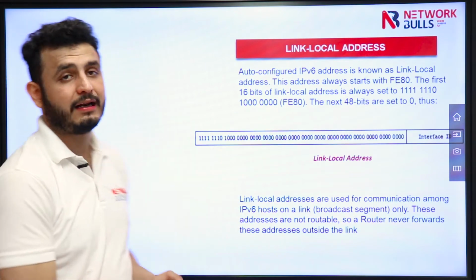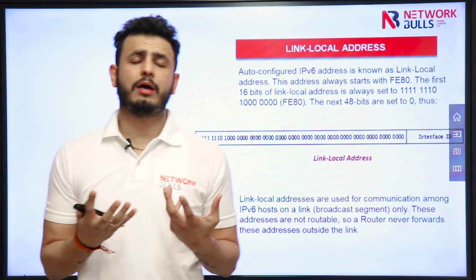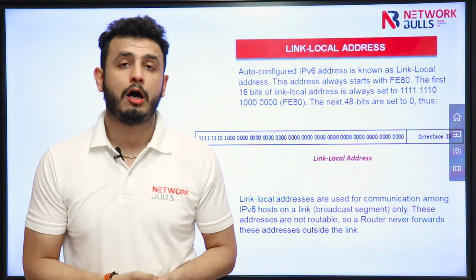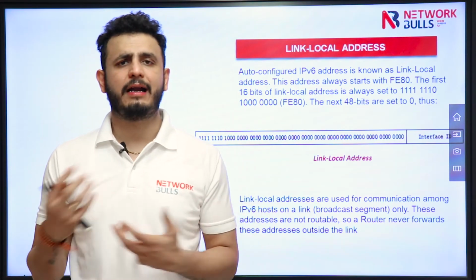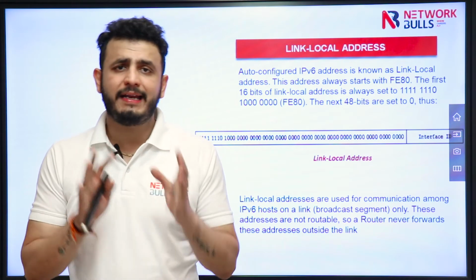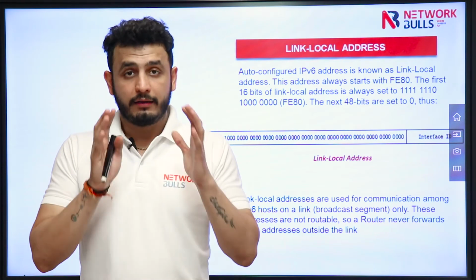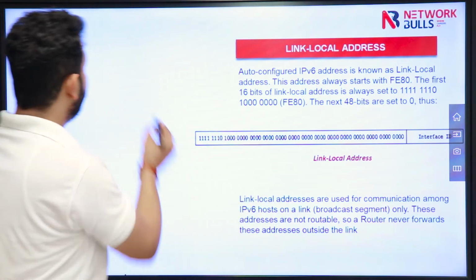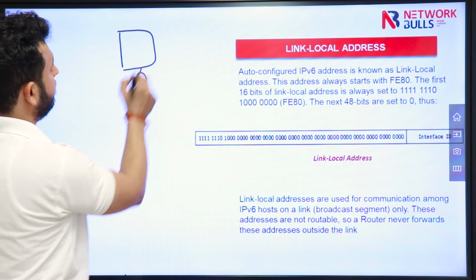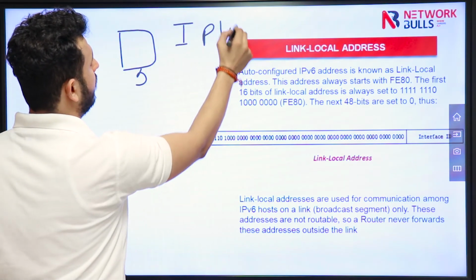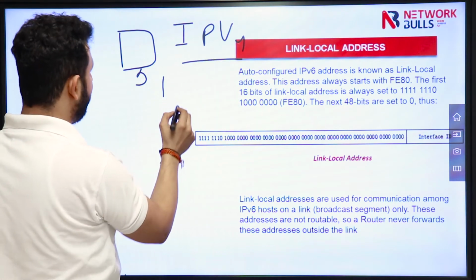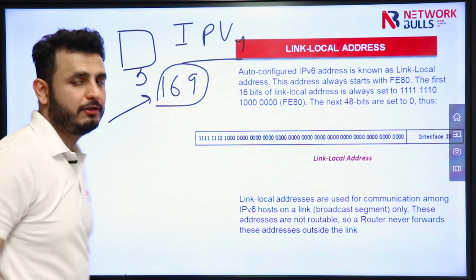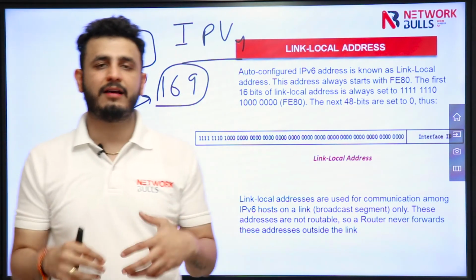The second type of addresses are link local addresses. Now what are link local addresses? If you remember, in case of IPv4, we have the concept of APIPA, automatic private IP addressing. Whenever you are not defining any IP address on the system, the system still has the capability to communicate in the same LAN. If we do not specify any IP address on a system in IPv4, it will automatically get an IP from which range? The 169 range, and we call this IP an APIPA IP.